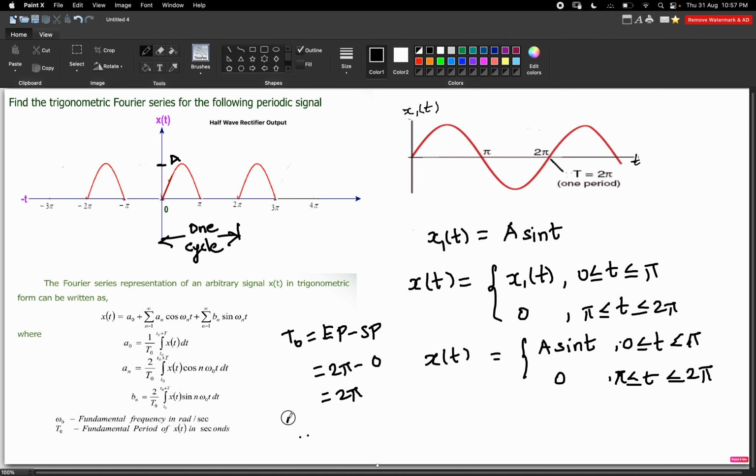Once you find t naught value, it is easy to find omega naught value. Omega naught value is nothing but 2 pi by t naught. In this case, 2 pi divided by 2 pi, which is equal to 1. So we have omega naught, we have t naught, we have x of t, so we can easily find a naught, an and bn value. If you get a naught, an and bn value, it is easy to determine